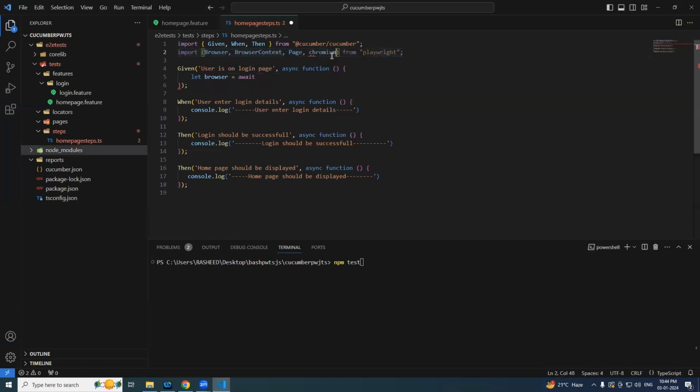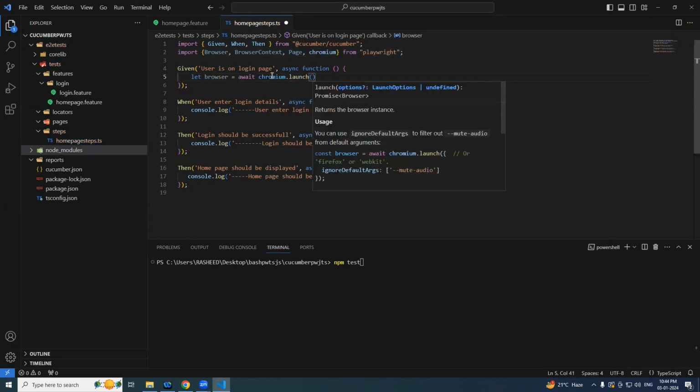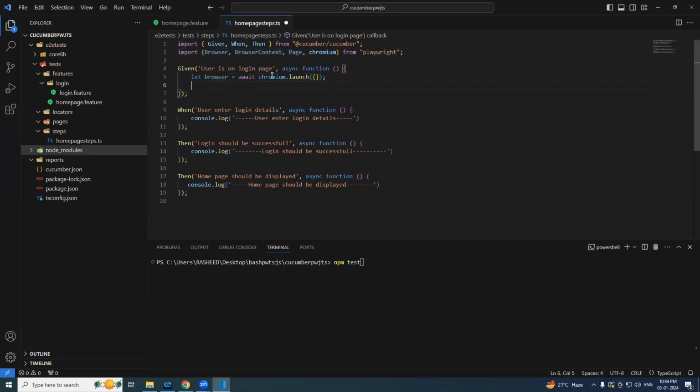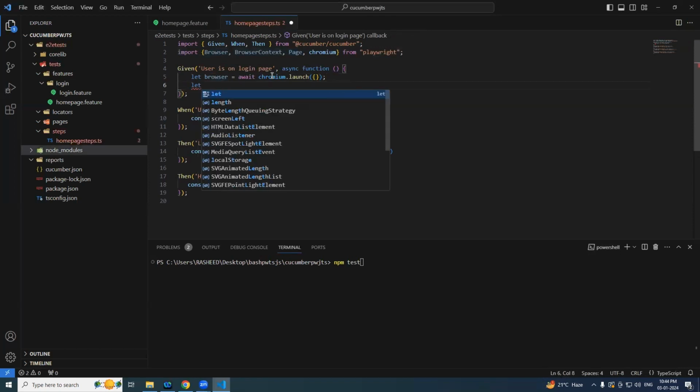Chromium, right? So chromium dot launch, right? We have options. We'll add them later. For the time being, let's make it blank. This is done. Followed by let